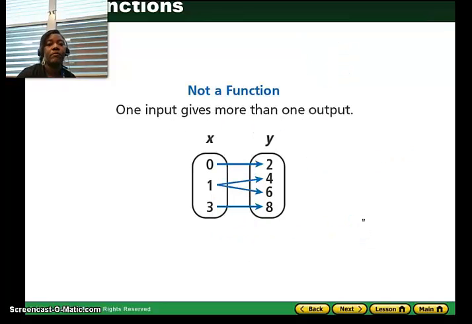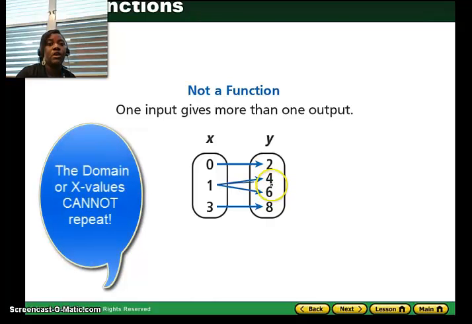Okay. Now let's take a look at a non-example. So this right here will not be a function. Let's say here, for 0 we put in we get 2, we put in 1 we get 4, we put in 1 we get 6. So there is no way I can do the exact same thing to 1 and get